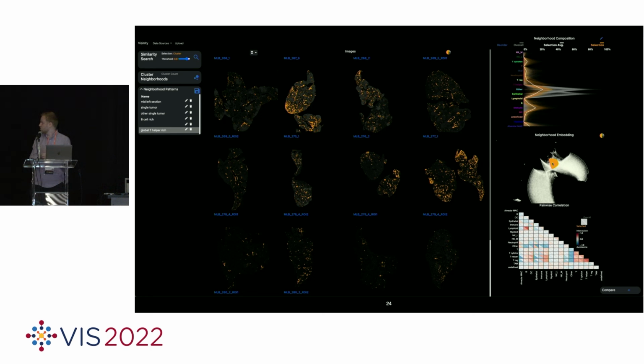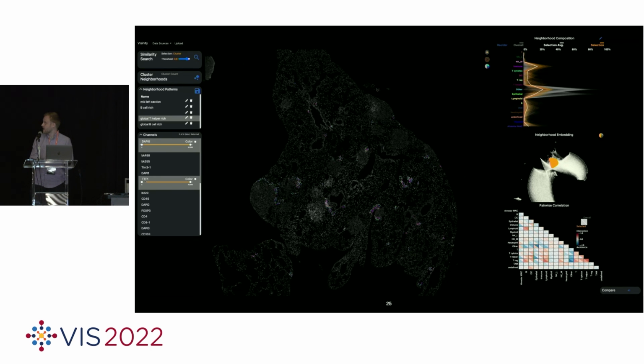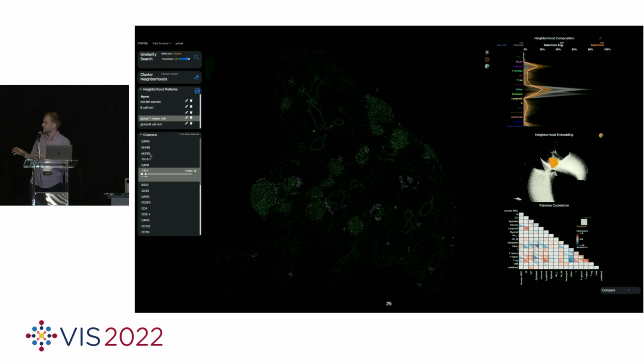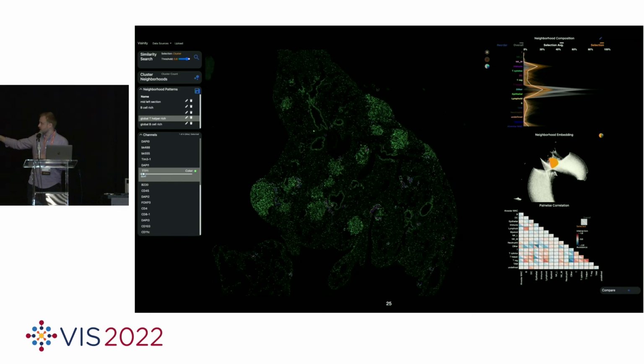The first of which was richer in helper T cells. And when we investigated it within the individual images, we found that this corresponded to immune structures that were located directly outside of tumors, as well as some structures that were very distant from tumors. And our collaborators were particularly interested in those distant structures, which they thought might be the precursors to immune structures